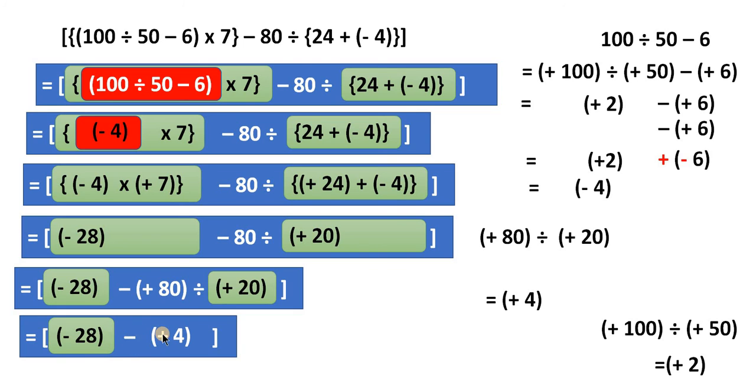So subtracting positive number, positive 4 means subtracting opposite of positive 4. Opposite of positive 4 is negative 4. Therefore, subtracting will become adding minus 4. So negative 28 added with negative 4 means 28 red balls, 4 red balls combined means 32 red balls, means minus 32. So the entire thing is solved now as minus 32. Go to the next question.